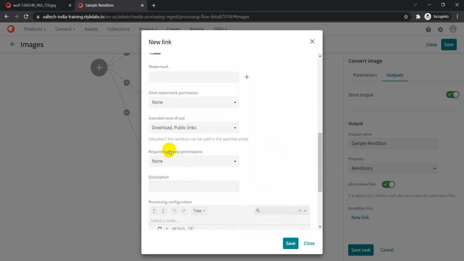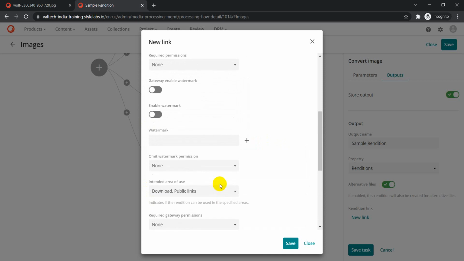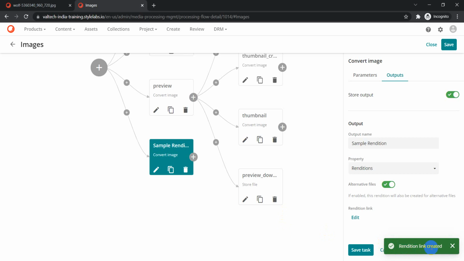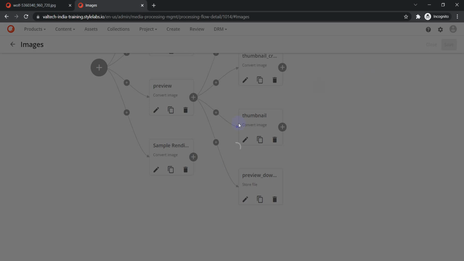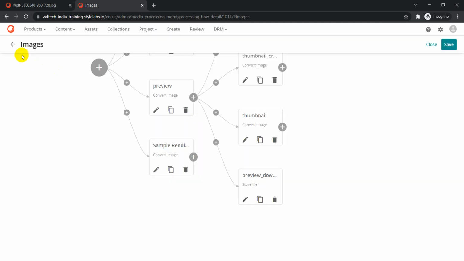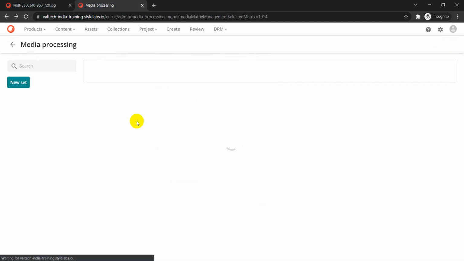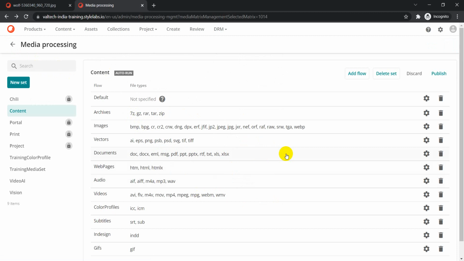And then, as for now, we don't have any watermark enabled. So just click on save. Once you click on save, our rendition link is created. From here you can just click on save task and just click on save. Once you do that, there is one final thing we have to do here. Our rendition is ready, and if you go back to the media processing section on the landing page,